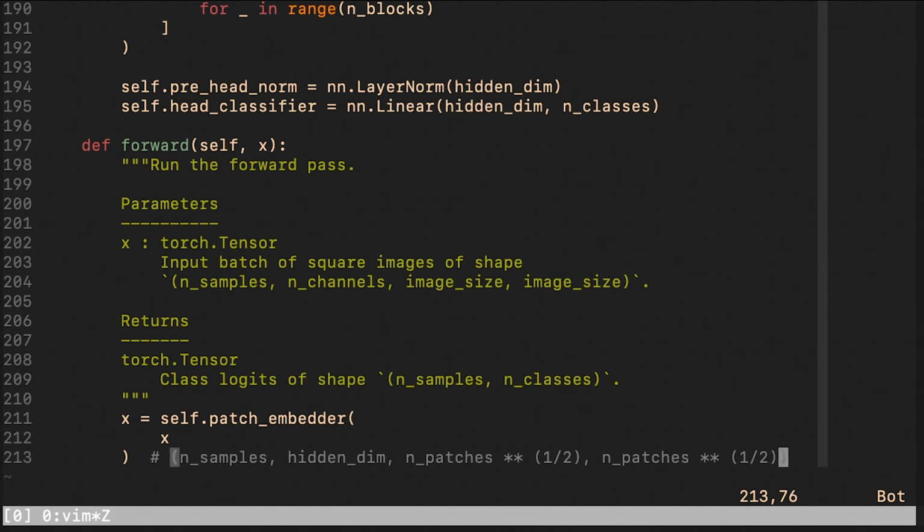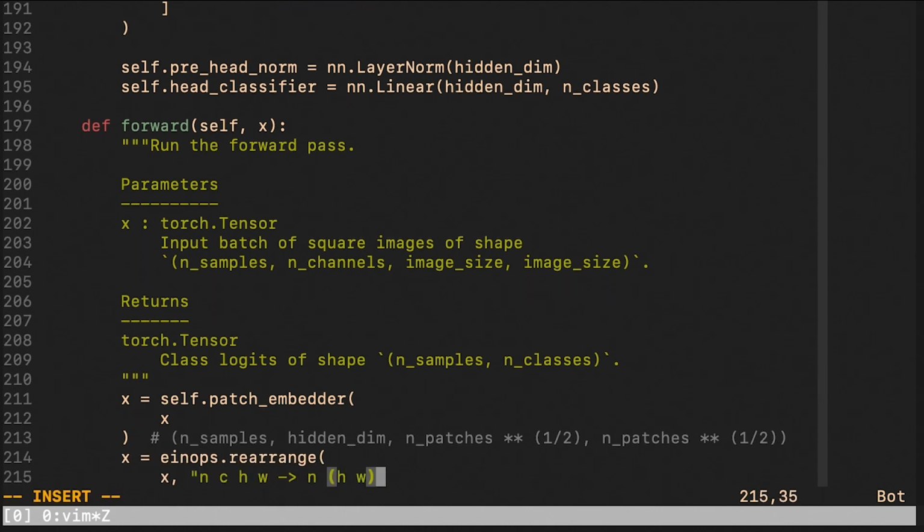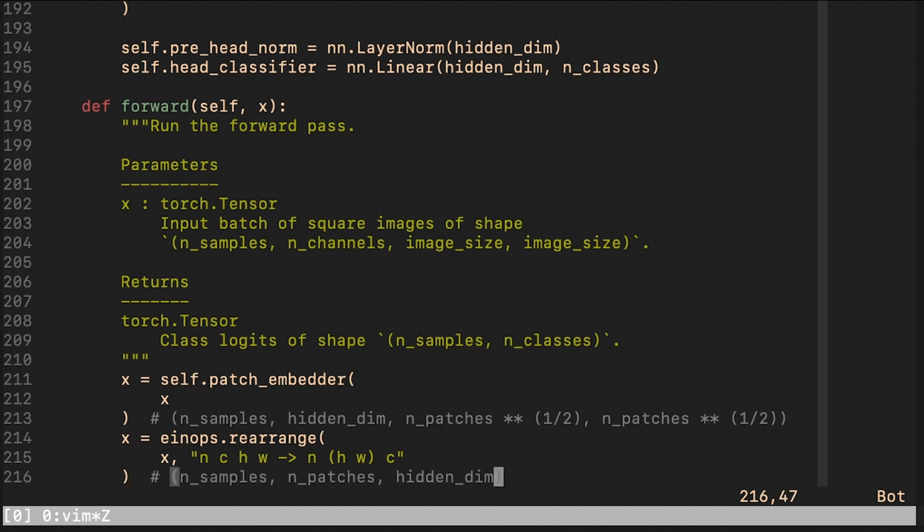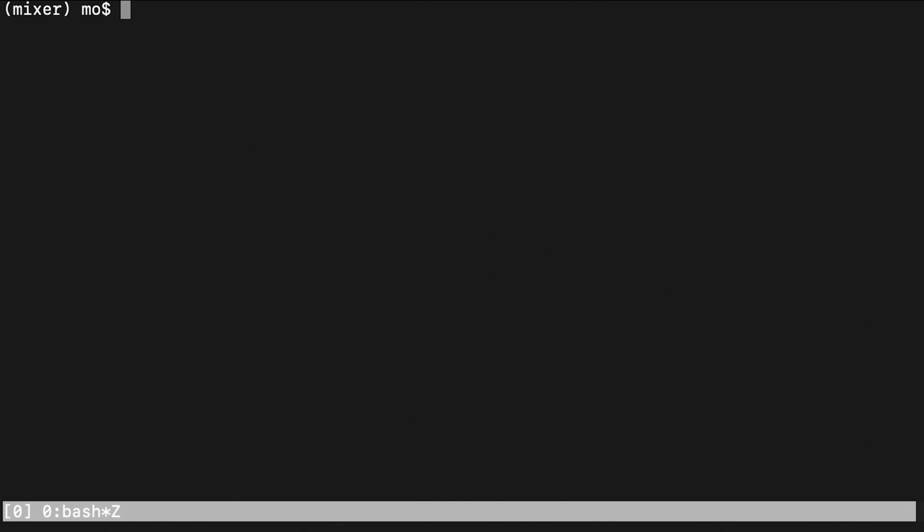So we apply our patch embedding, and it will be a 4-dimensional tensor. One way to think about it is that each pixel in this new tensor represents one patch, and the channel's dimension represents the patch embedding. However, we would like to rearrange this tensor a little bit in order for it to be able to go through the mixer blocks. So here we did 2 things. We collapsed all the patches into a single dimension, and then we just made sure that the channels are the last dimension. Let me show you an alternative way of creating the patch embeddings that is not using any convolutions.